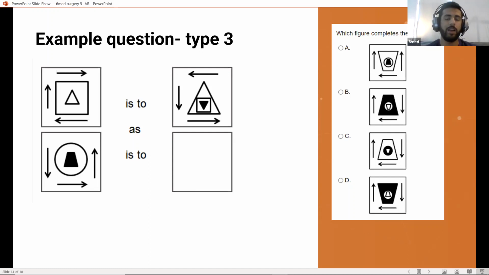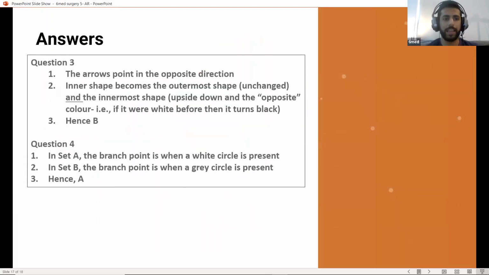So now that we've worked out what the rule is, we'll apply it to that shape. Again, the arrows need to point in the opposite directions. Looking at the bottom left shape, they should be pointing up, left, and down. Then we've got a circle on the outside, so that circle is now going to be on the inside. We're going to have a trapezium on the outside, and it's the same shape, so it's black colored. But then we're also going to have a small upside down trapezium, which is now not colored, on the inside. So just to confirm, the answer there is B.